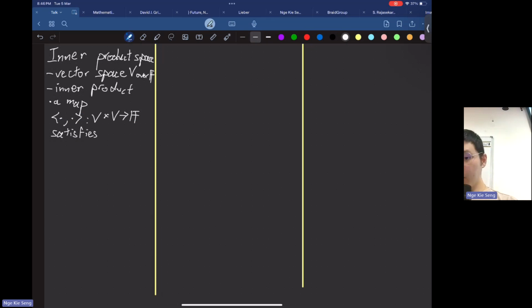So for any v, w, u in V, and some scalar, we need to satisfy three properties. The first property is called positive semi-definite